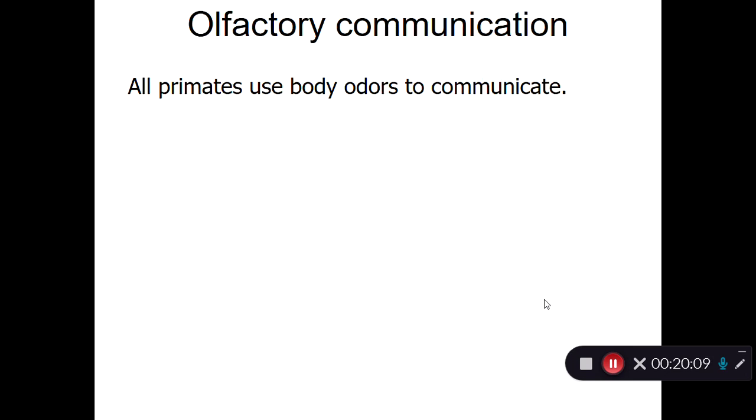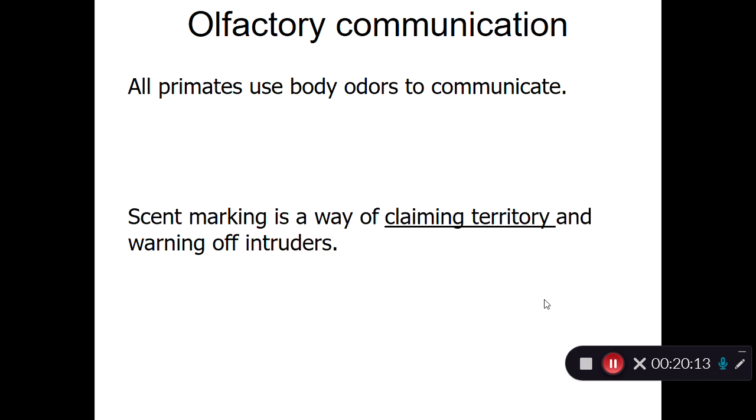Olfactory communication is also used. So all primates use body odor to communicate, and many of them scent mark. We don't think about that as much being humans, but just like your dog scent marks, this is a way of claiming territory and warning off intruders. So you can also have information contained within the scent marking about the health and quality, age, reproductive status, etc. of other animals who are using these